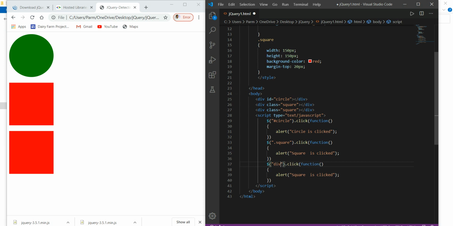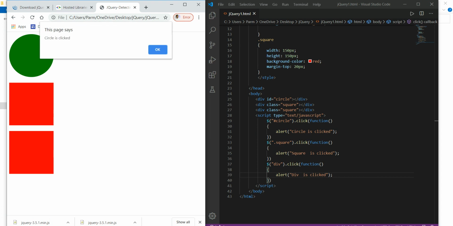In all three cases the name of the element is div. If we write div over here, the message is div is clicked. Save this, refresh it, and click over this.